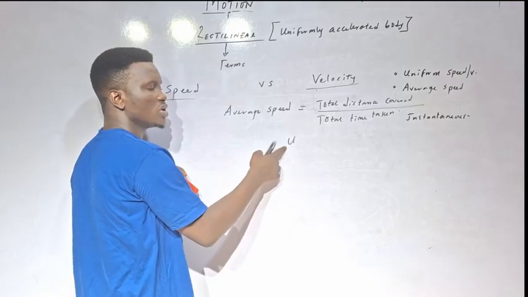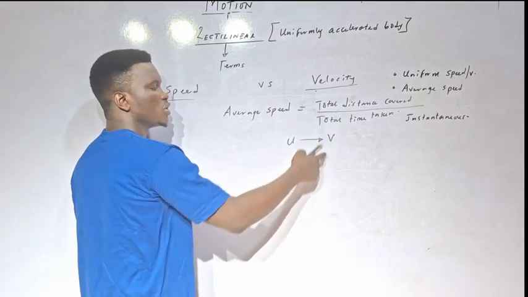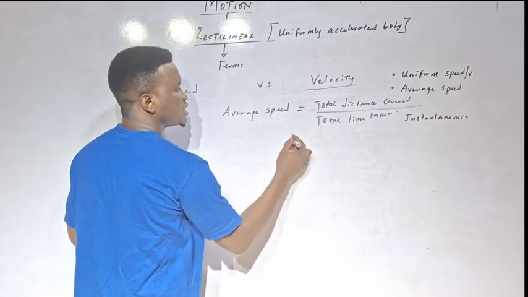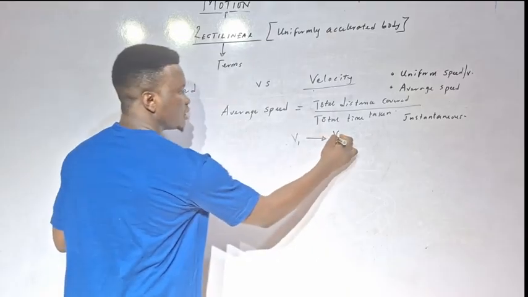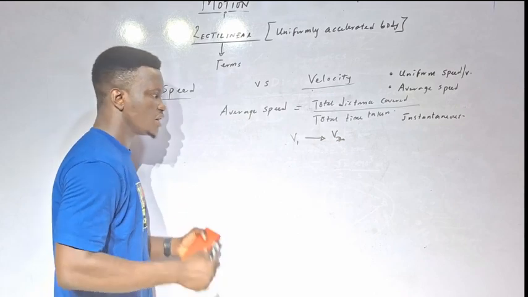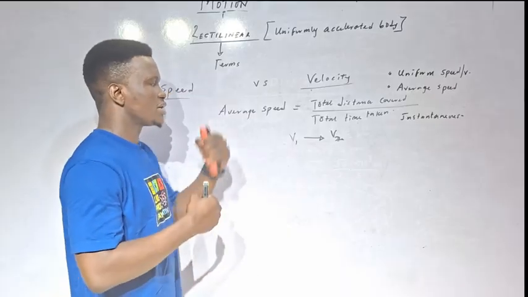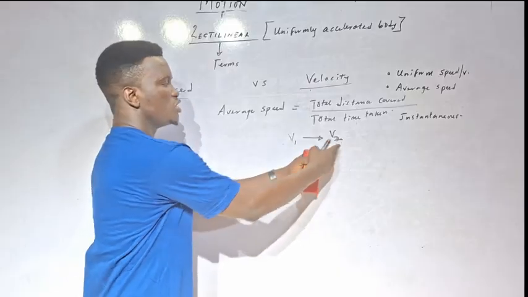it can start from a velocity u, which we call the initial velocity, and the velocity will increase to v, which we call the final velocity. Or it can start from velocity v1 to velocity v2. You will understand what has happened there. Because as you are accelerating, the speed will be increasing, and the moment the speed increases,